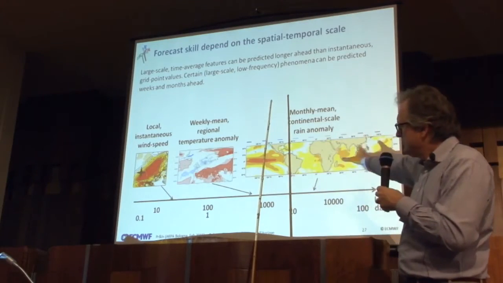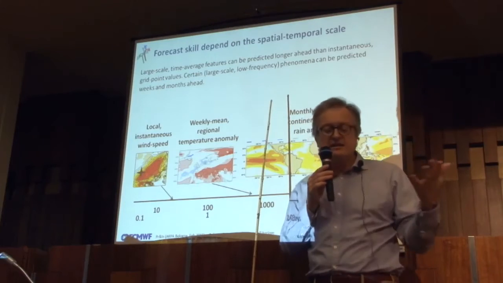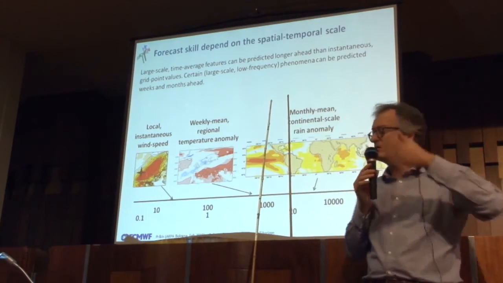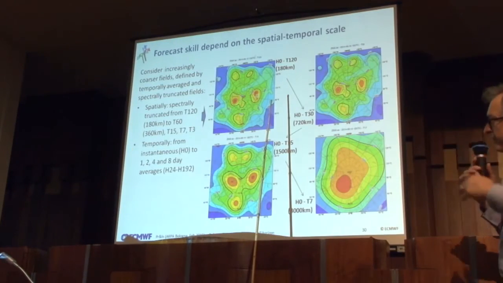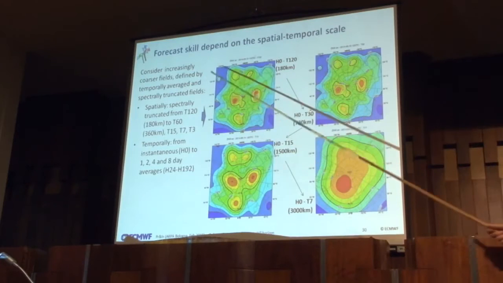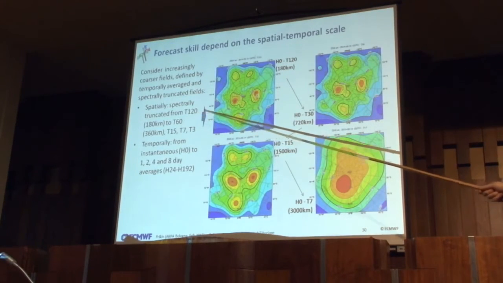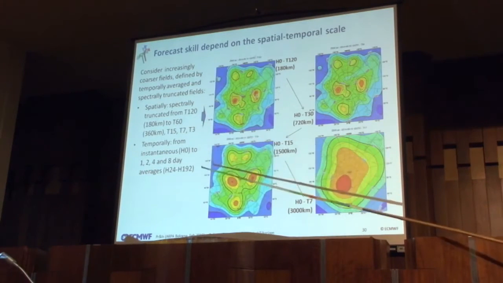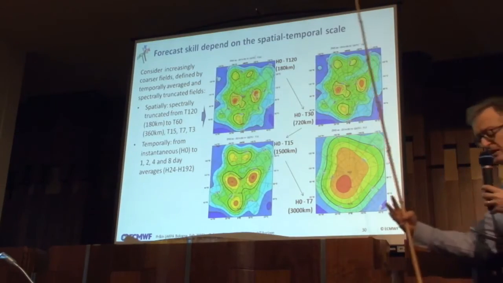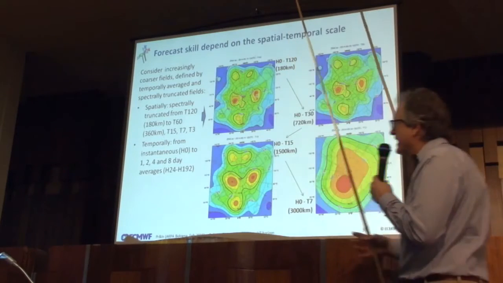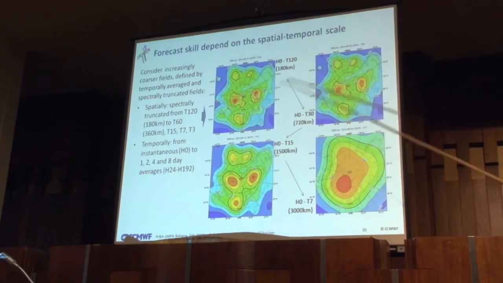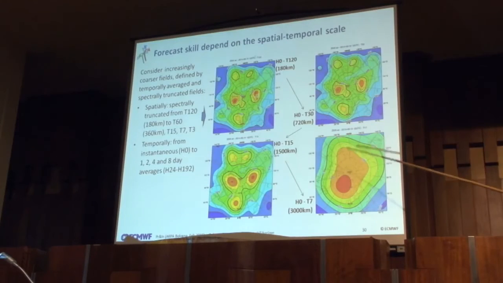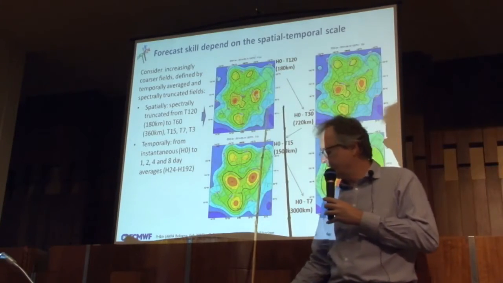How can we now look at different spatial and temporal scales? Well, the idea is simple. Let's apply some spectral filtering or time averaging. We've done both things. The first thing is spatially to go from T120 truncation to T60, T15, T7, T3. This is an example of the impact of spatially filtering the fields on one case. As you can see, as you go from T120 to T30, T15, T7, you lose the details. The large-scale field remains, but when you go past T15, you are essentially left only with the planetary